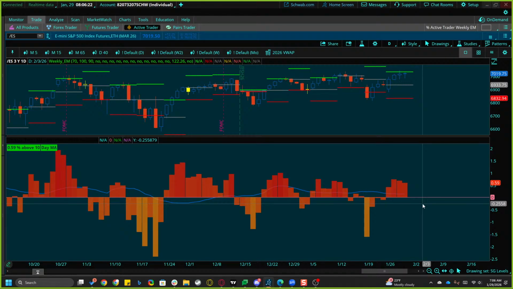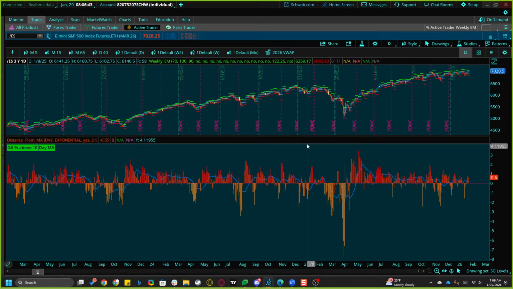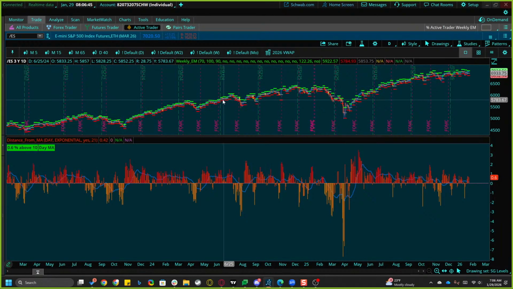With plenty of room, we could make a 1% move even higher, and we still wouldn't be overbought. We start to be touching the edges of a little too far, but even that wouldn't be too much. So we're at a good spot. We're not handicapped by mean reversion at this point. It doesn't owe us anything.